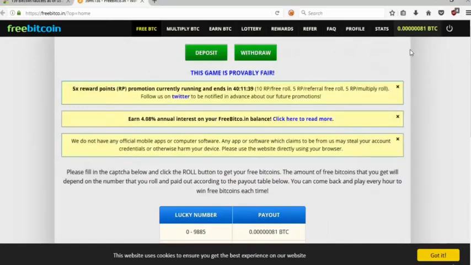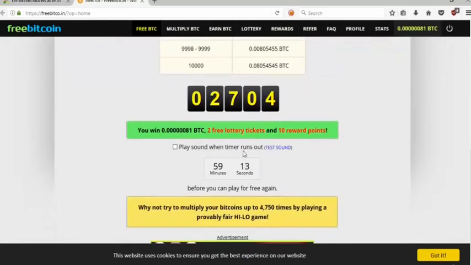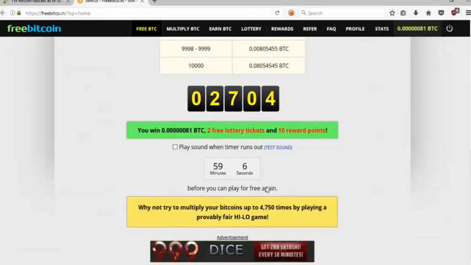There's a time period in which you have to wait, and all you have to do really is just click once the time runs out over here. This is what I was getting to about the bots, and that's why some of the websites have this withdrawal period where they stop you from withdrawing at a certain period of time. Once this timer runs out, you can hit the captcha and get some other bitcoins, and it's as simple as that. That's how to get free Bitcoin.